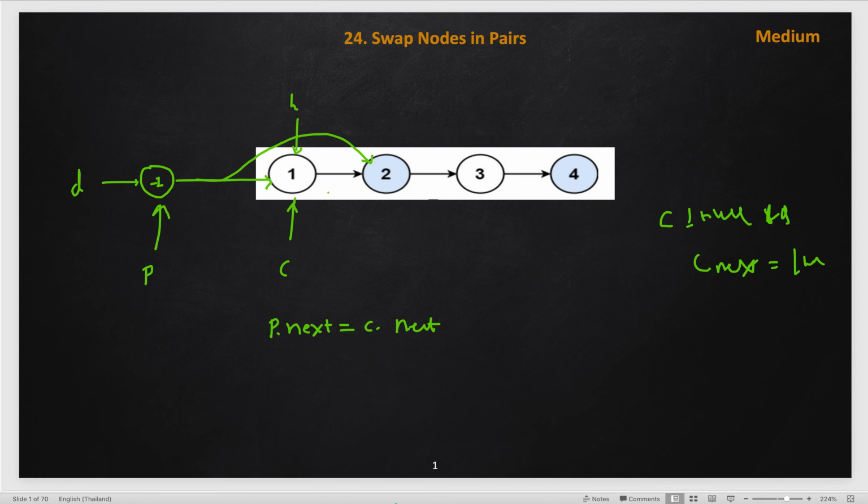Now we will change this link from here to point to this. So this link change is current.next is current.next.next. So this is what we change here. So now this link is not here, and this link is pointing to 2. Now we need to change this link, this 2 to 3. This should point back to this node.